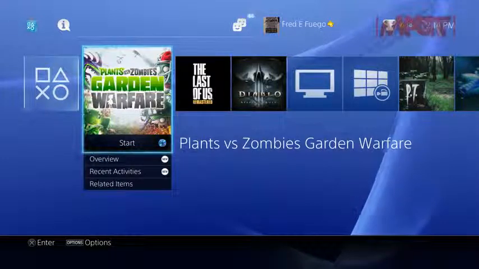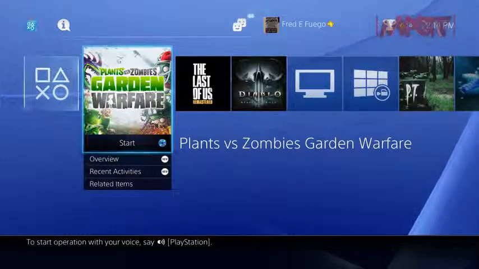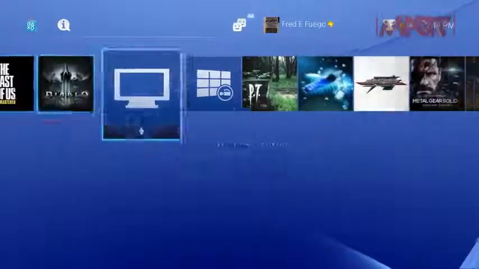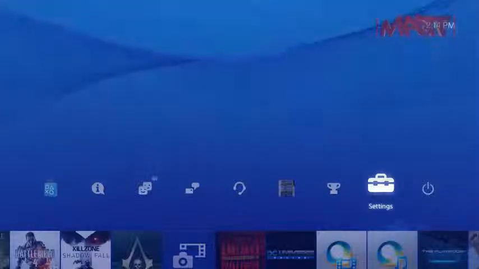Gonna be bringing you a video on the PlayStation 4 and how to adjust your settings and what settings are best for you. As you can see, you got some games here, last games I've played. Alright, so you're gonna go into the settings menu,